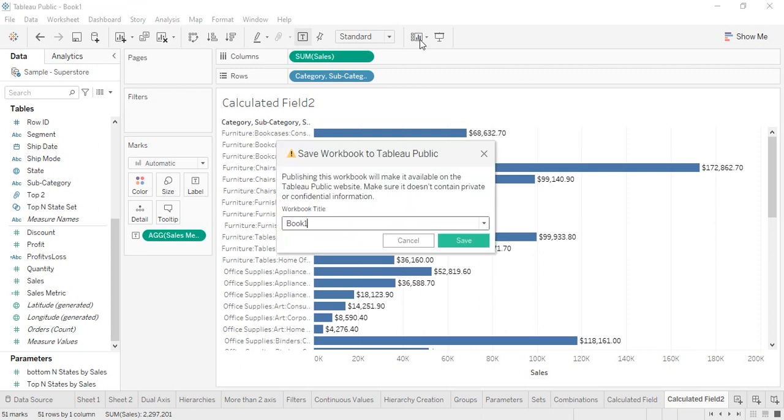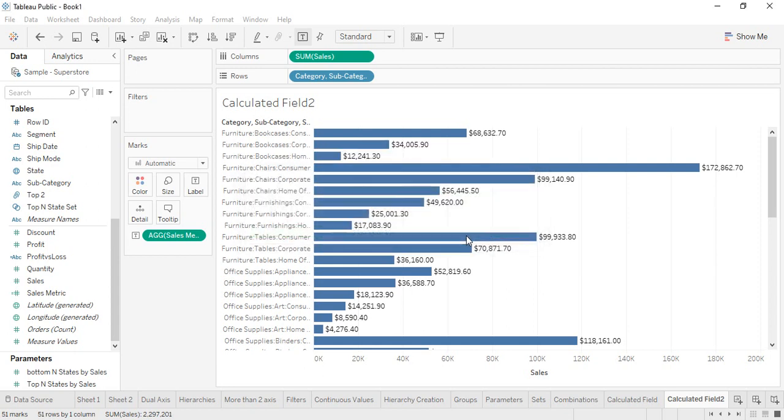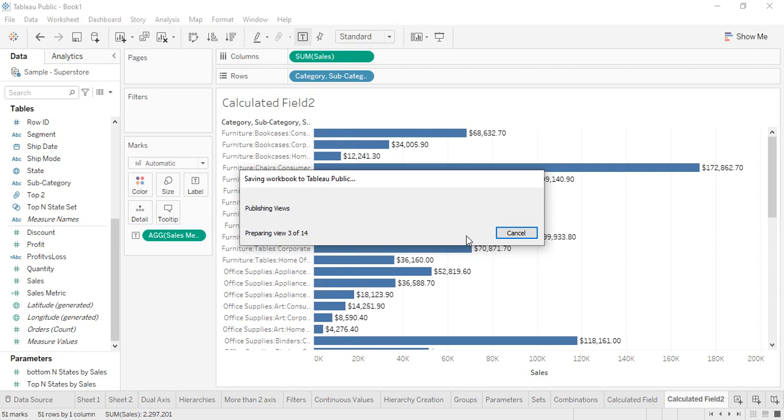So now our sign in has been done, and now what we've got is this message that is the workbook title. If you want to provide a particular title for your workbook, you can provide that. Okay, so let me see what title I can provide. I can just provide it as basics. Click on save, and then it would take a few seconds to publish all of these things online, and it's gonna take a few seconds, switching real quickly between the things.